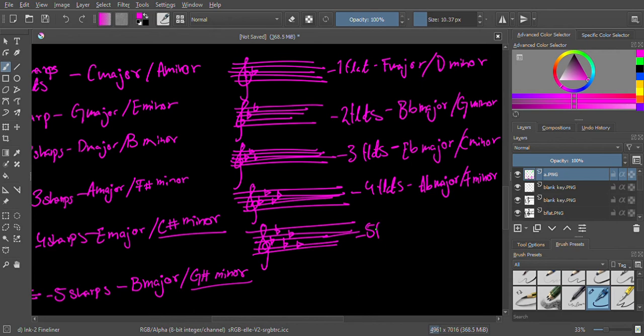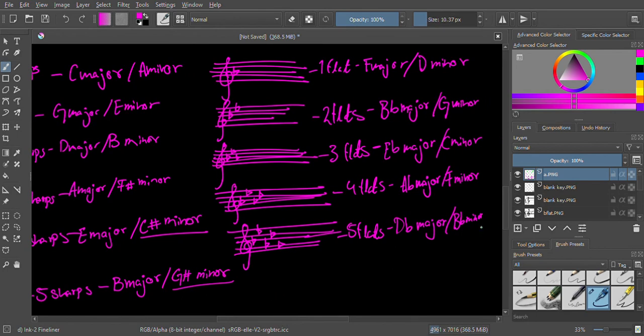Five flats, which is a lovely friend, D flat major, whose relative minor is B flat minor. Let's move slightly. B flat minor. Okay, so